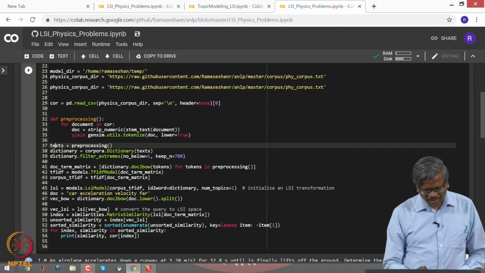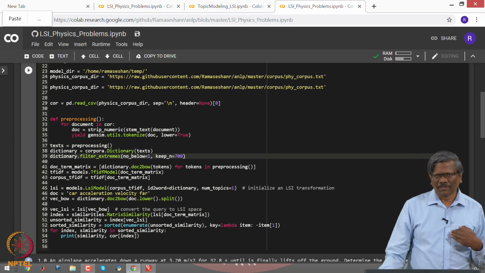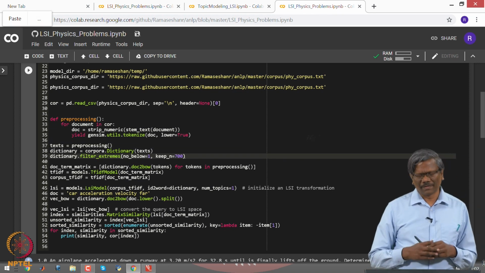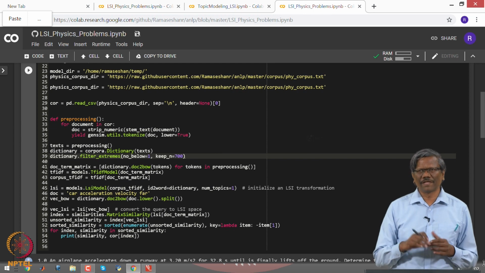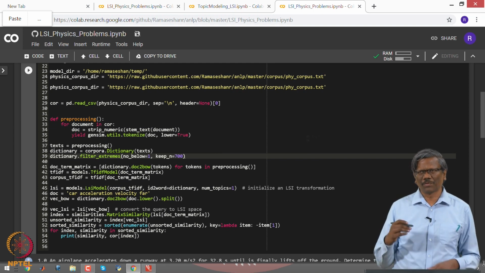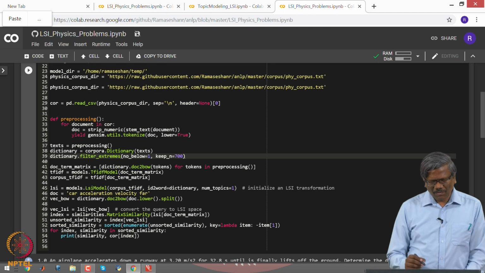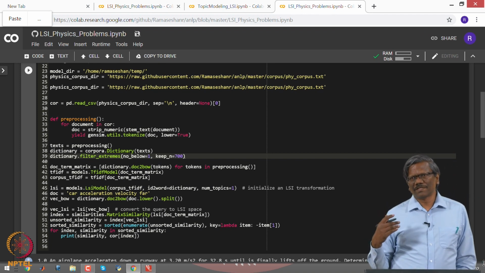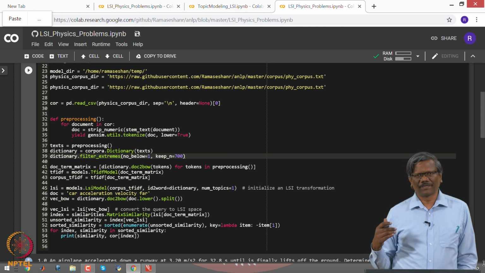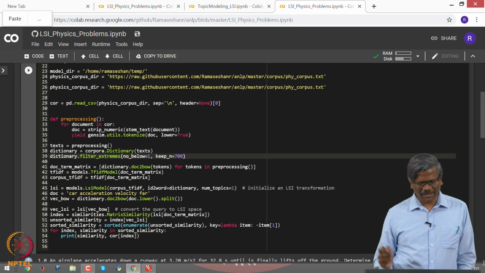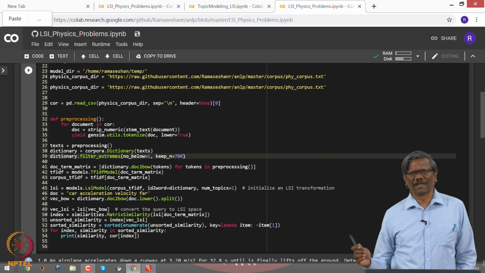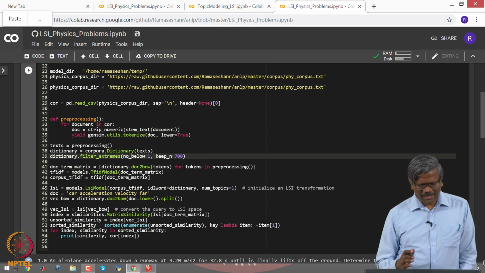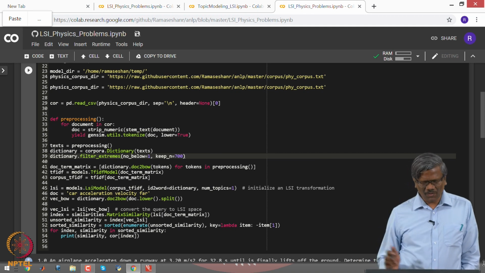Then if you look at the document dictionary, that is an important step. You have to find out how many words are there in the vocabulary, so you need to get the count of that. In this case it is about 900 plus, and I have restricted the count to 700.